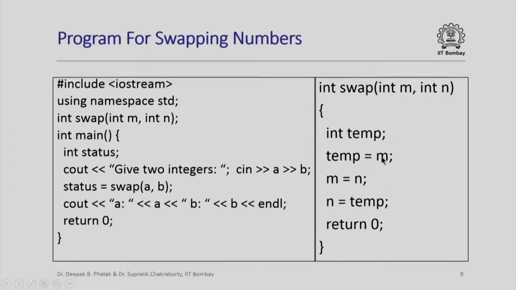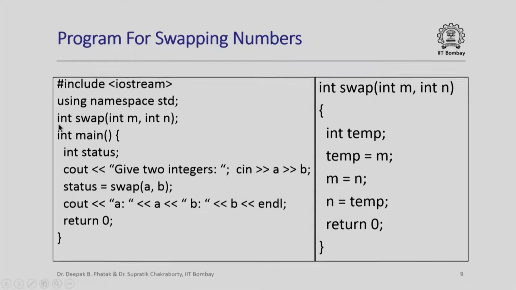So it stores the value of one of its arguments in a temporary variable, copies the value of the other argument to the first argument, and then copies the value of the temporary variable to its second argument. So if you go through this, you will realize that the values of m and n are swapped,